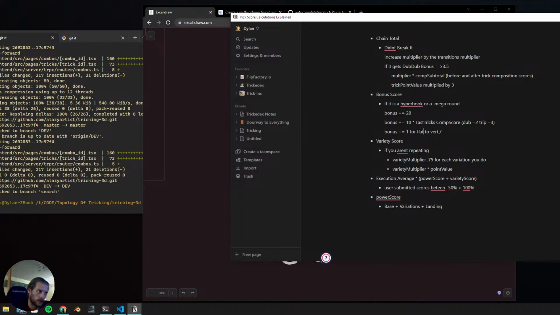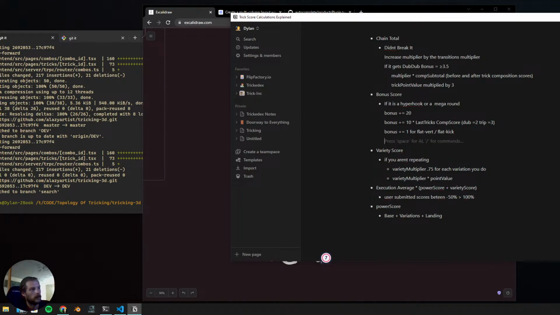Let's see. Maybe if we do it like this and we make it bidirectional: 1 for flat to vert or flat to kick, and then